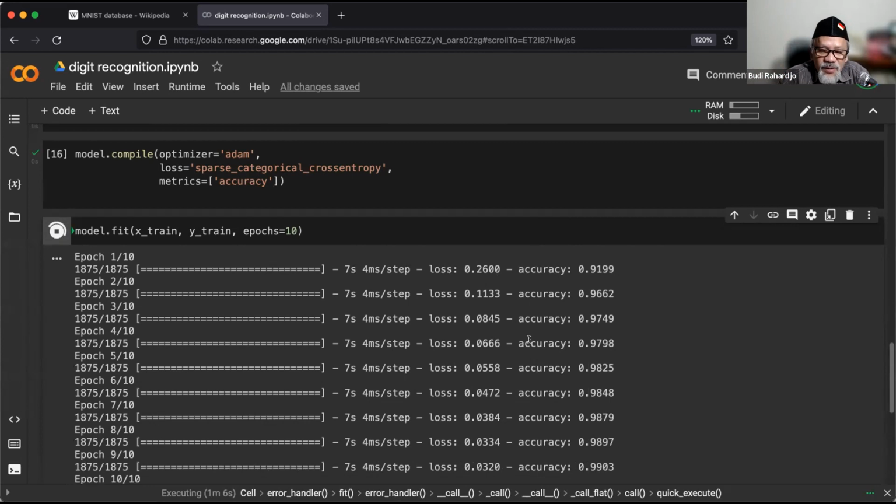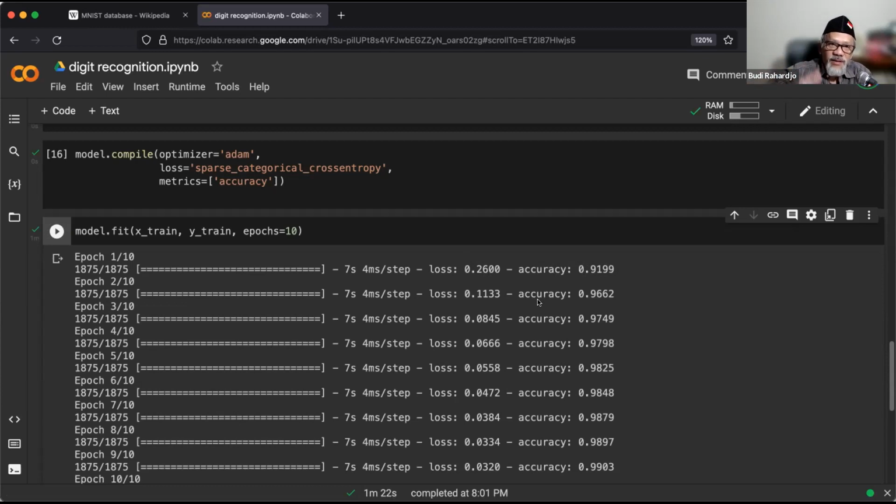Okay, so the first epoch, you see that when we first run it, it's actually pretty good. It's already about 92% correct, right? But the loss function is 0.2 or 0.26, right? The epoch number 2, the second try, we put again the 60,000 again, and then we use that optimizer and things like that to learn.